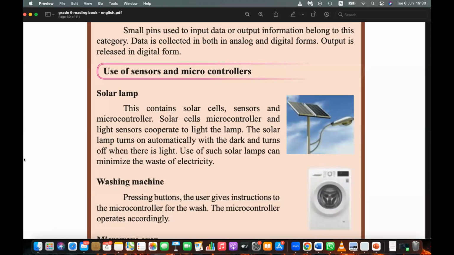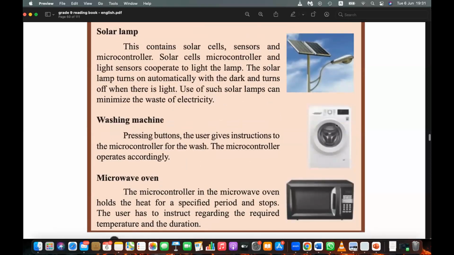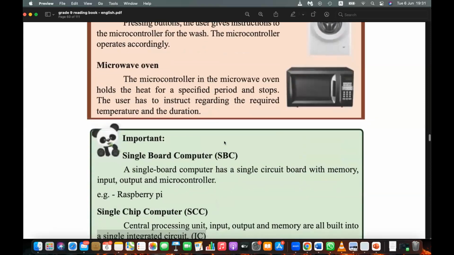The lamp will detect when there is light. The washing machine will start its operation when water is filled. The microwave oven, when a food is selected and it knows the time, can identify the temperature and sense these things. So these microcontrollers are working with the help of sensors.